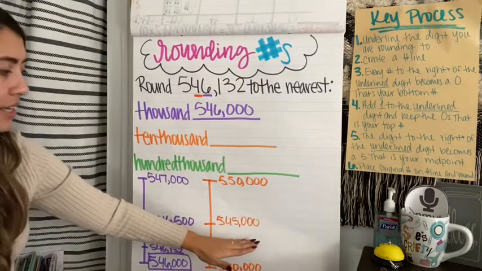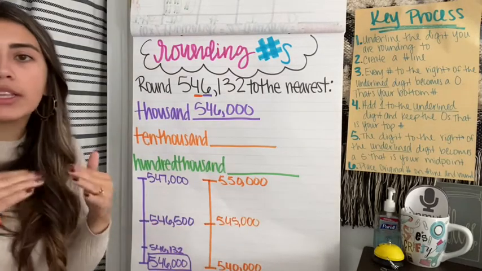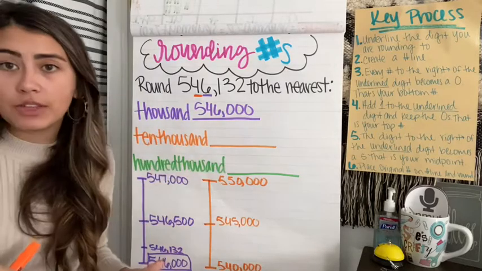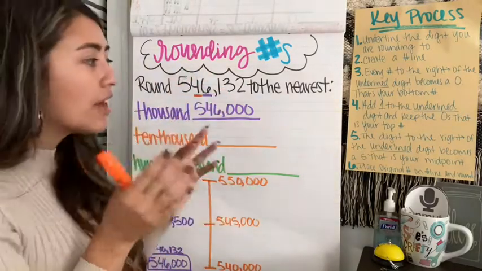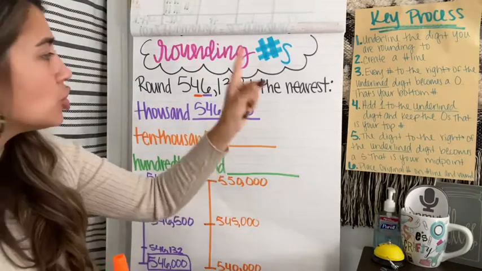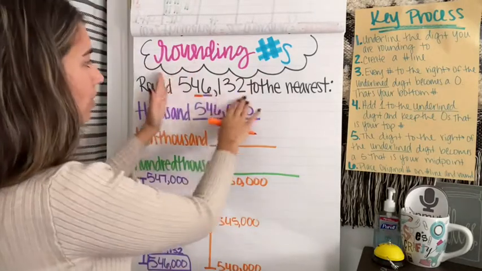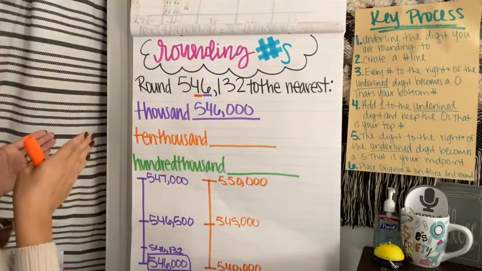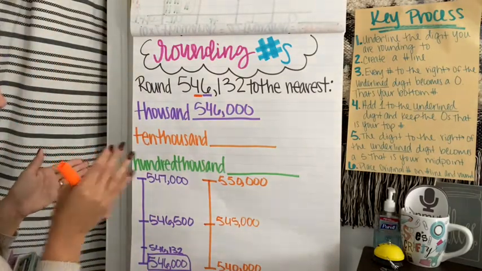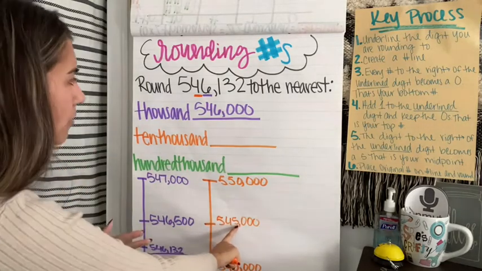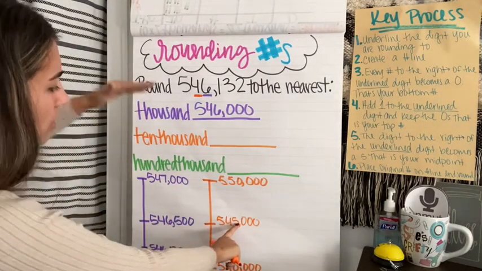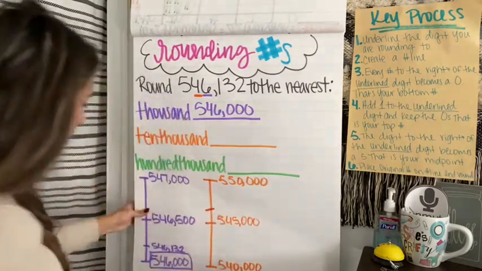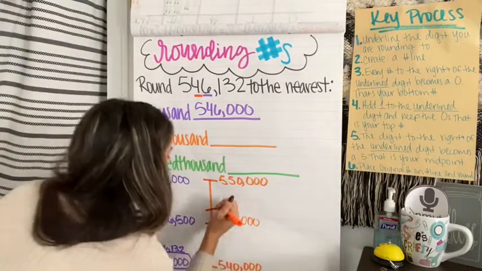545,000. And guys, 545,000 is directly in the middle between 540,000 and 550,000. So now I've done that. Final step, step 6. Place your original number, so the black number here, on the number line. Okay, so I have 546,000. Well, I know this is 545. 546,000 is going to be a little bit higher than that. So I'll probably place it right in this area, and I'll label it